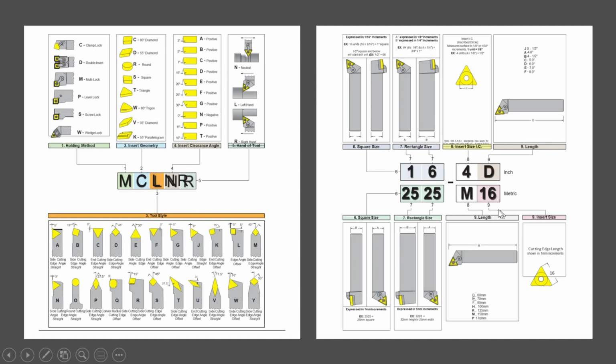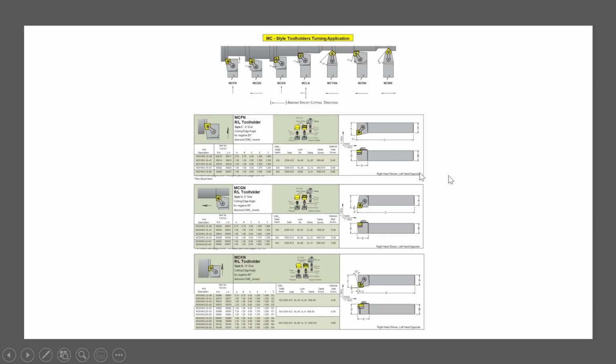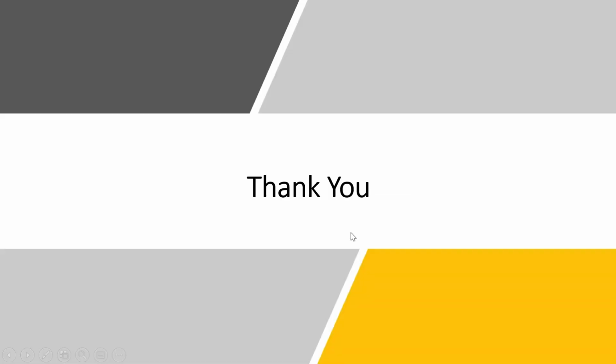And the last, 16, is the insert size, which should be considered while selecting the tool holder. As we have studied the catalog of the insert, likewise there is a catalog for tool holders which will be similar to this. Thank you.